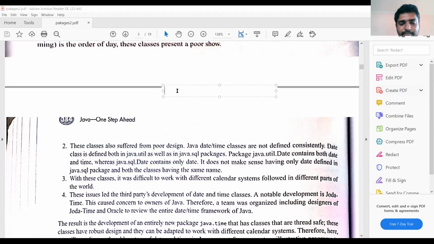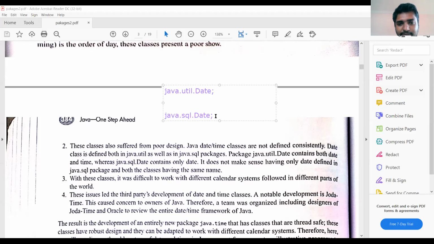Previously, we have the java.util package and the java.sql package. In the util package we have the class Date, and in the SQL package also we have the class Date. So both packages have the class Date.